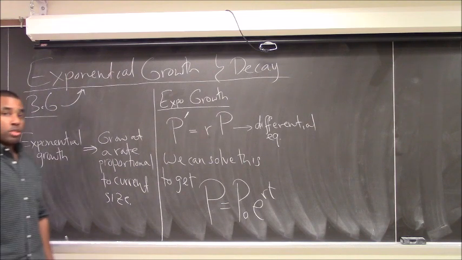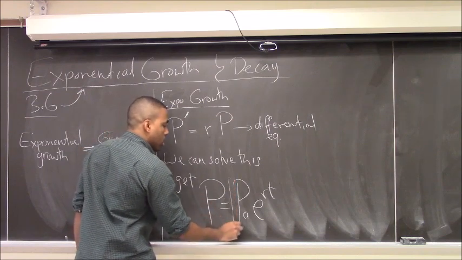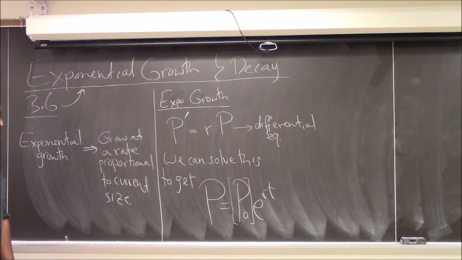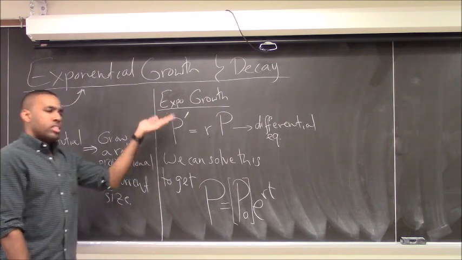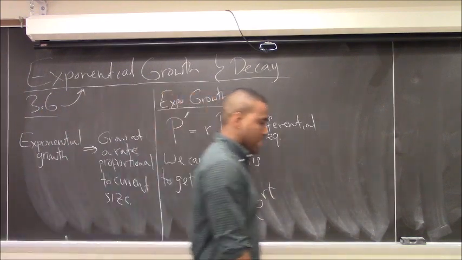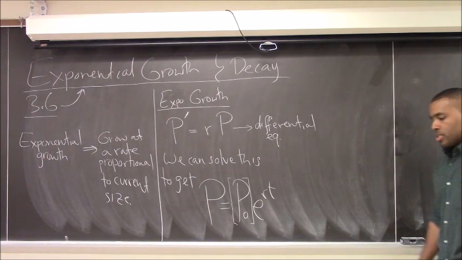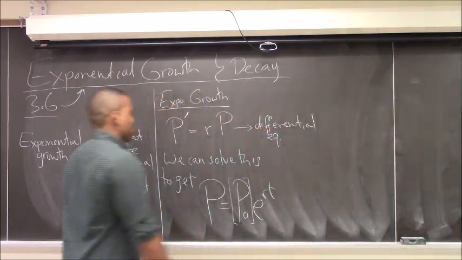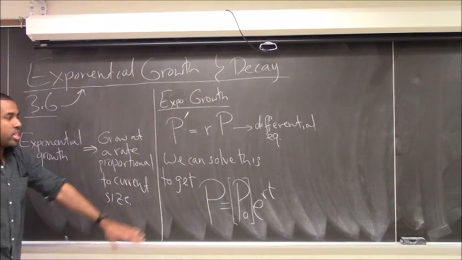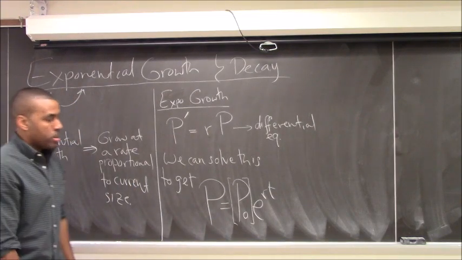Wait, what's the O? So it's P naught, meaning it's the initial amount. Now I could solve this for you guys, but it actually involves something called integration, which we haven't looked at yet. That comes towards the end of the semester. When we get there, we can talk about how we would derive this formula and where it came from. But for now, just know that this is called a differential equation. The solution to it, which you would get using integration, is going to be this one. It's called the PERT formula, and as a way to memorize that,